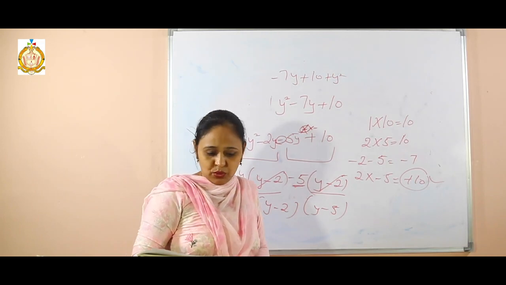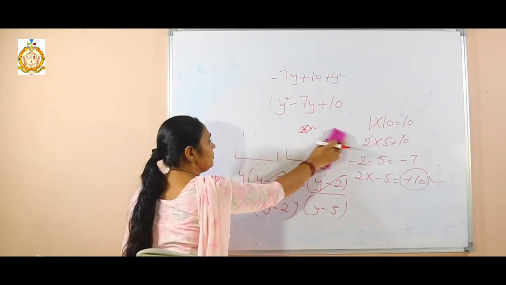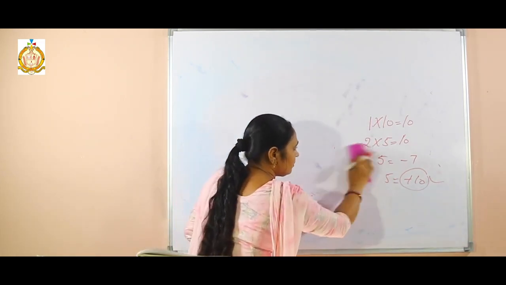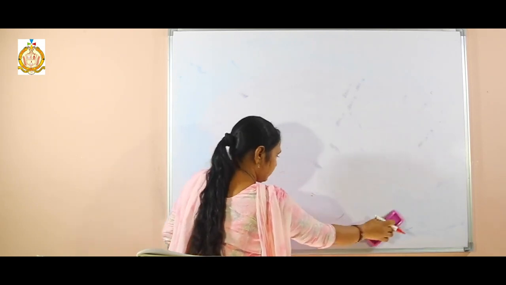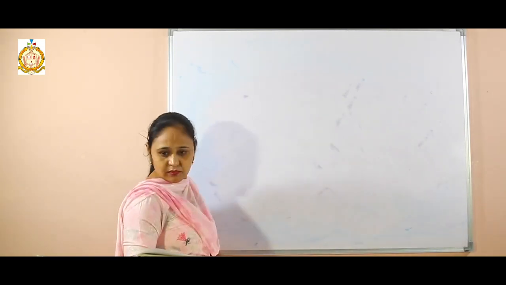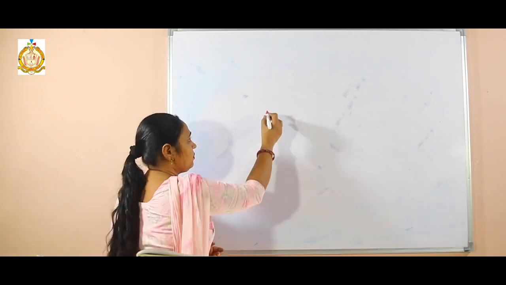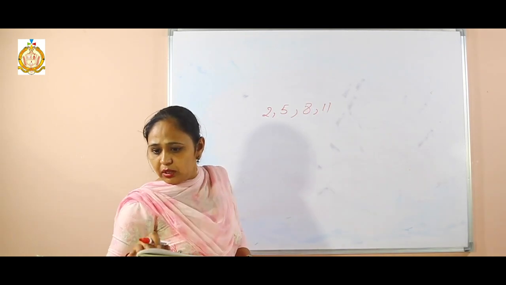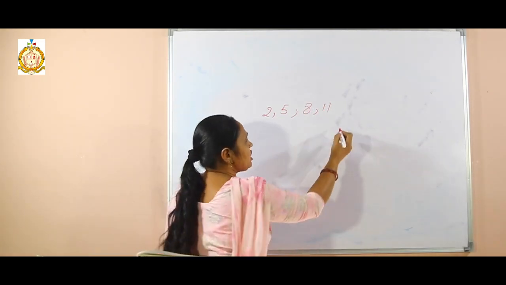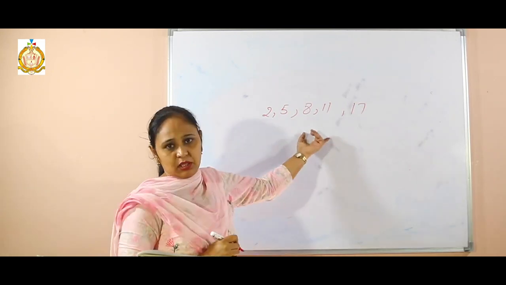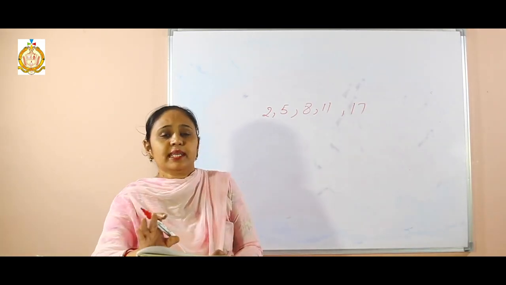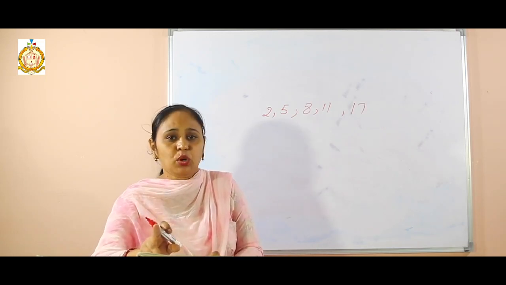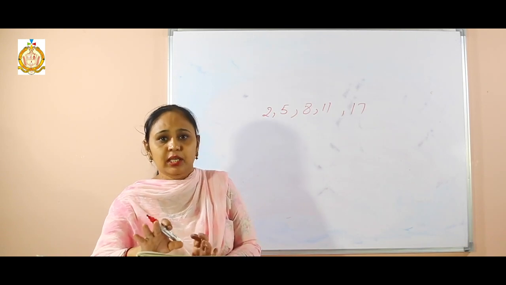Okay. Now which sums you have to solve? See that one. Then sum number 2, 5, 8 and 11. And one more sum, that is sum number 17. Only 5 sums are there. That is like homework or you can say an assignment. You have to solve it and we can ask you at any time. So please solve along with the video. If you try, you will learn it.